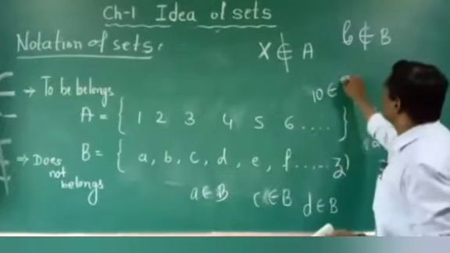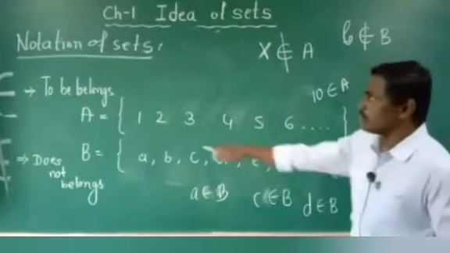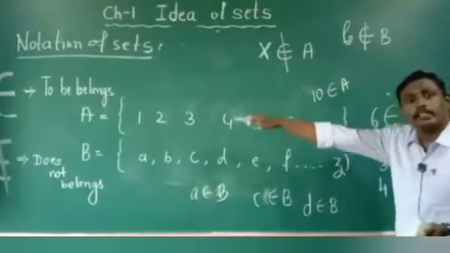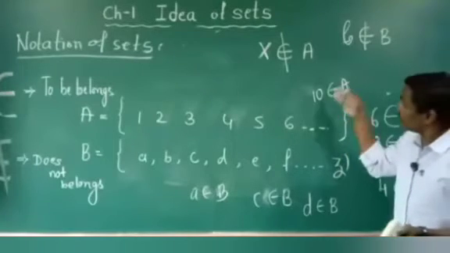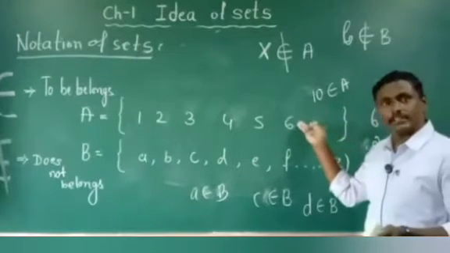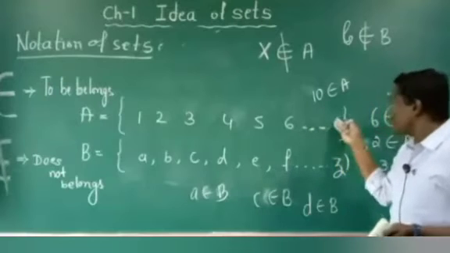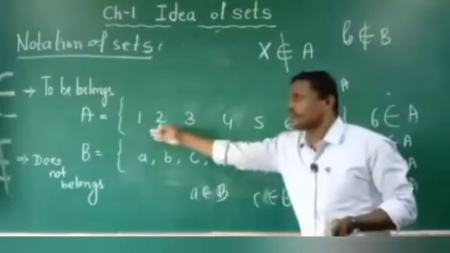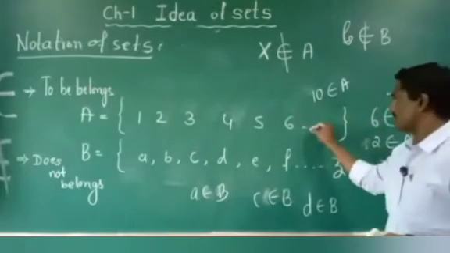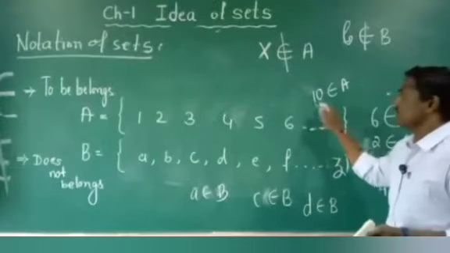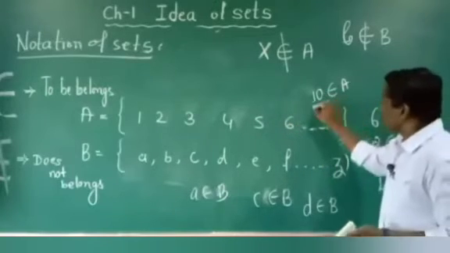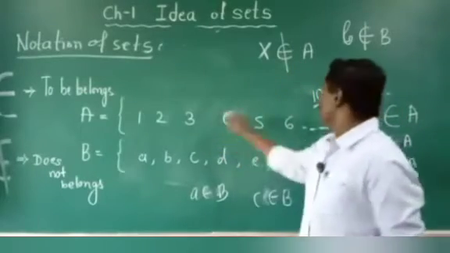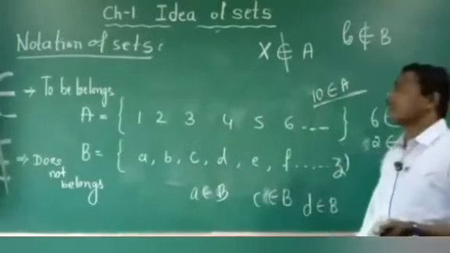Yes, it belongs to set A, because these 3 dotted points indicate that the series continues. That's why 10 is also one of the numbers. What is the next number here? 7, 8, 9, 10, 11. Right? So the series of numbers will be continuous. These 3 dotted points indicate the series in continuous form. It means 10 is also one of the numbers existing in set A. It means 10 belongs